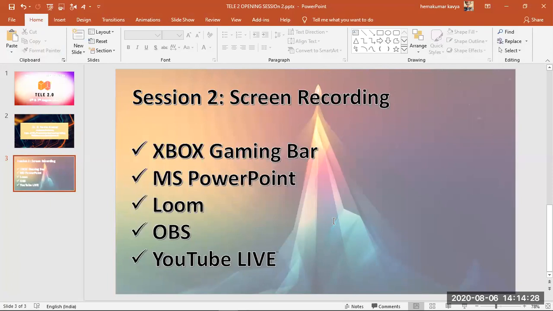So these are some of the screen recording tools. We have the Xbox Game Bar inside your Windows. The only problem is it can record only within a browser or with the help of a game. MS PowerPoint can record anywhere. Both Xbox and PowerPoint cannot record your face.